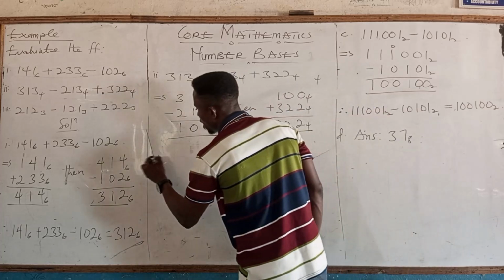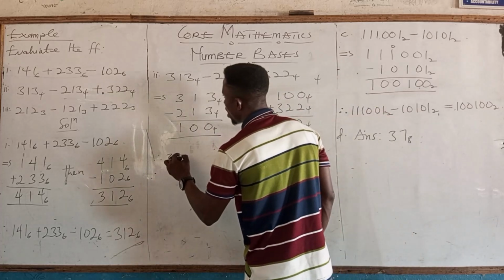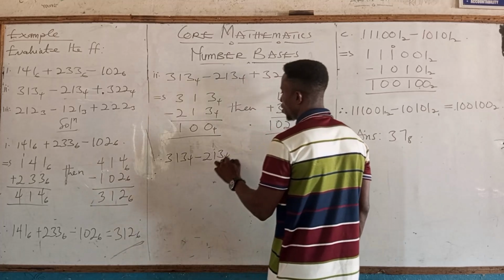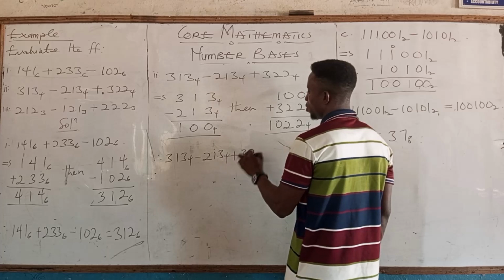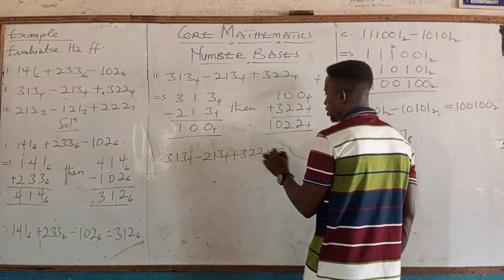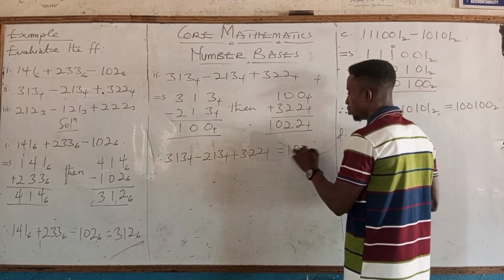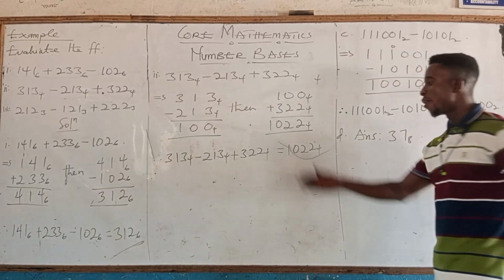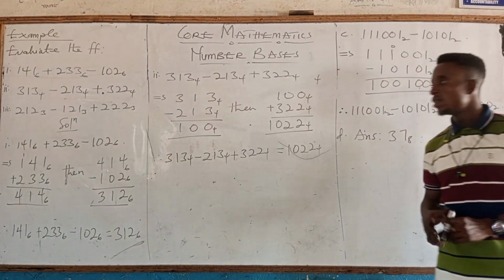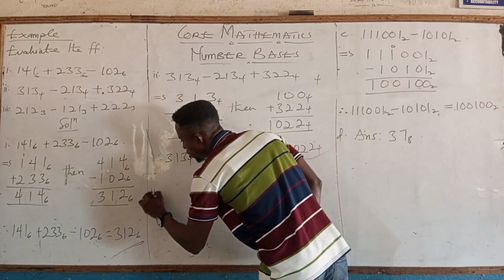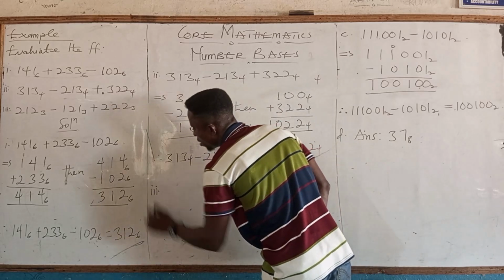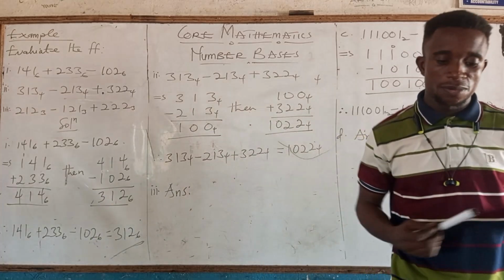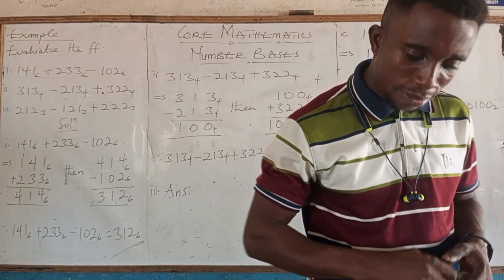So we say, therefore, 3, 1, 3 base 4 minus 2, 1, 3 base 4 plus 3, 2, 2 base 4 is equal to 1, 0, 2, 2 base 4. And that is that. And I hope you understand, right? So solving for the last one, which is Roman numeral 3, the answer. So you pause the video, then you solve. You are going to get